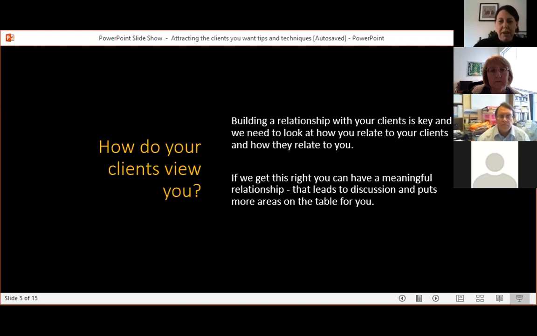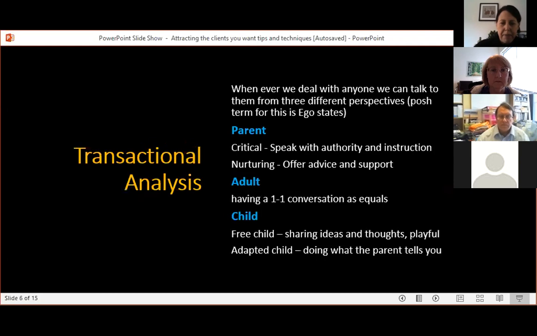Why do we want more areas on the table? Because that's what leads to the added value work for you. So we've got in the door there. We know we've got to go down and sit and see them. This is about the relationship. And I'm just going to share a couple of slides with you. I'm not going to labour this too much, but I will ask Emma for her thoughts on them as we go before we have a look at the work of Cialdini. Has anyone come across transactional analysis before? Yeah. So transactional analysis was invented by a social scientist called Eric Berne